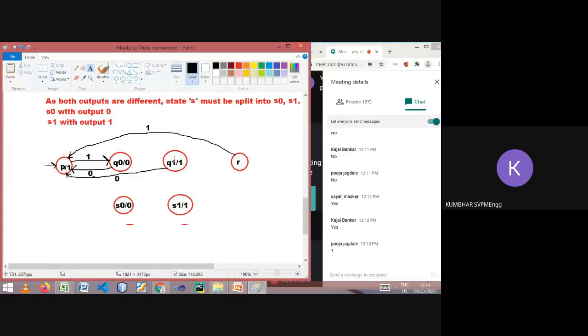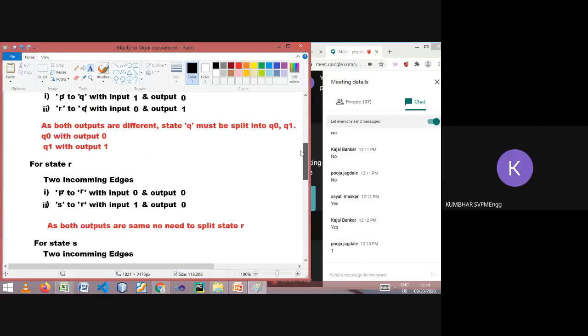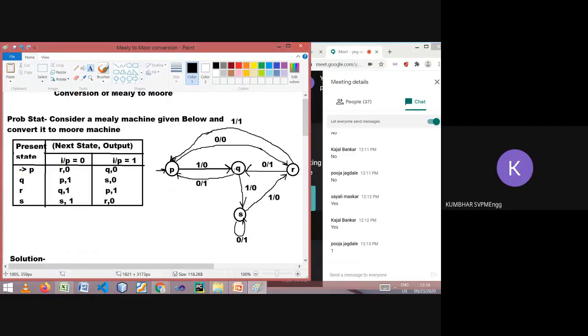This is also a Q part, but it is giving output 1, so this state is different. We are interested in the outgoing edge from P on 1 which should go to the state giving output 0, and that is this state. So there will be no transition from P to Q1 on 1, only this one transition. Is it clear? Great. So for Q, one incoming edge we resolved.